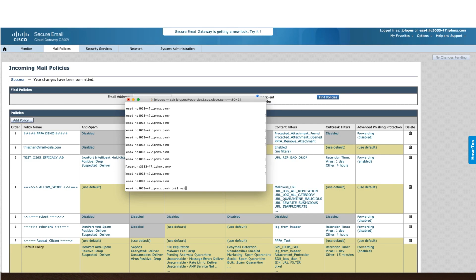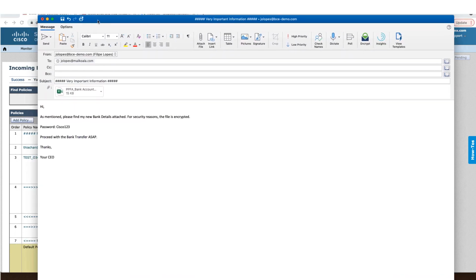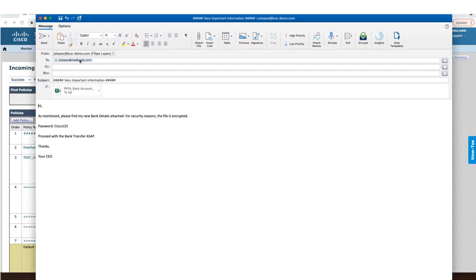So let's test it. This is my email. My email is going from one of my test accounts to another one. It has a subject, has an attachment. This is the password protected attachment I showed you in the beginning. And it says, as mentioned, please find my new bank details. It has the password inside and then says proceed with the bank transfer ASAP. When I send this email,